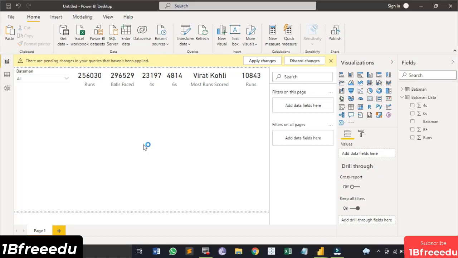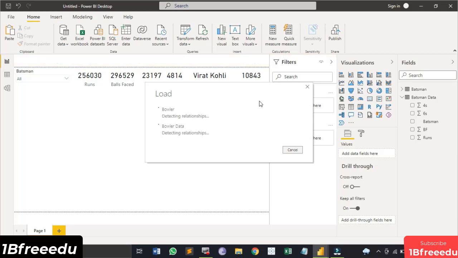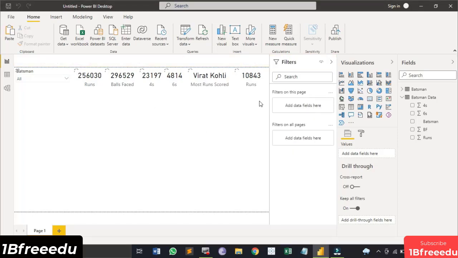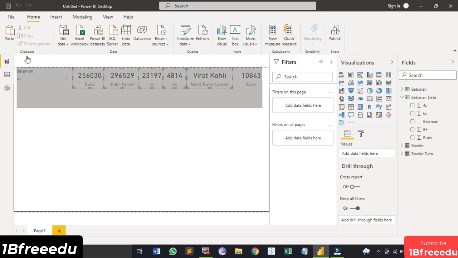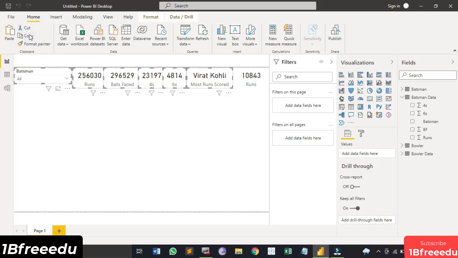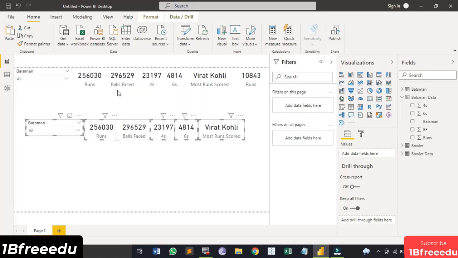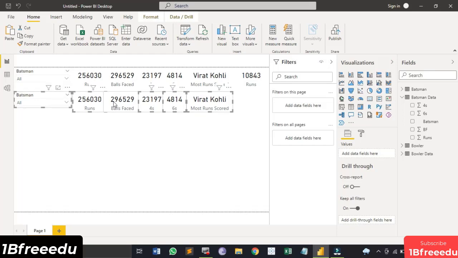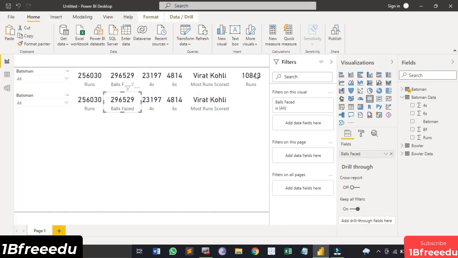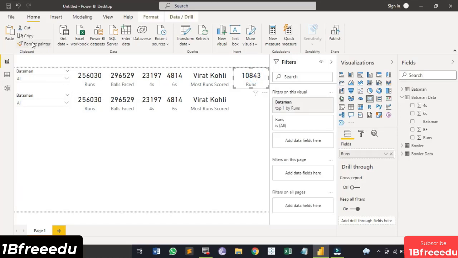Now just like the ones we have created for the batsman, we are going to create it for the bowler, but this time we are having a sort of inspiration for us. So what we can do is just copy them all and paste it once and just change the fields in there. Okay, so let's just select them all, copy and paste it. So it's going to take a few seconds. Then we can just drag them all down over here. Okay, so yeah, this field has not been copy pasted. Let's just do it again, copy it and paste it.